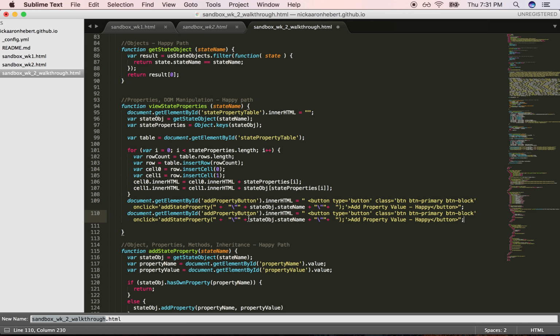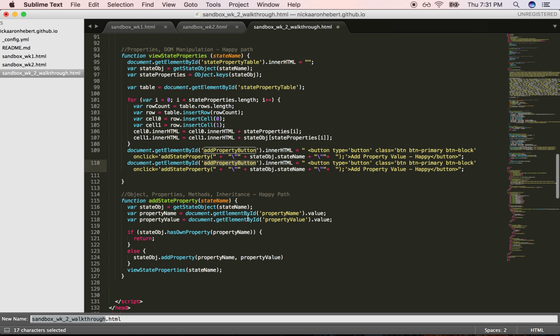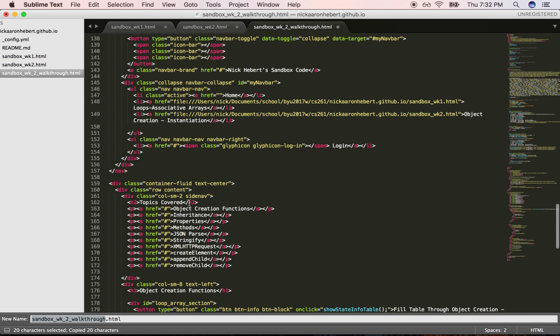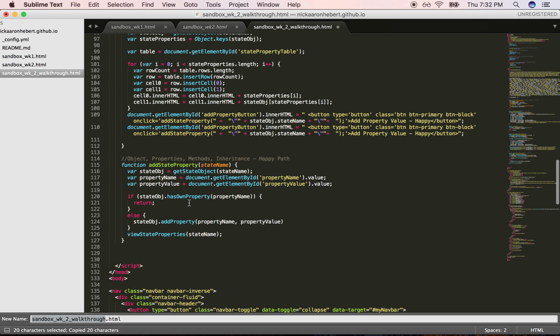Right now it says add property button. I'm going to go down and get my Congress people button because that's where I want to add that. We're going to create a button. It's going to have a bootstrap type of primary. And then instead of on-click add state button, we're going to make a function called